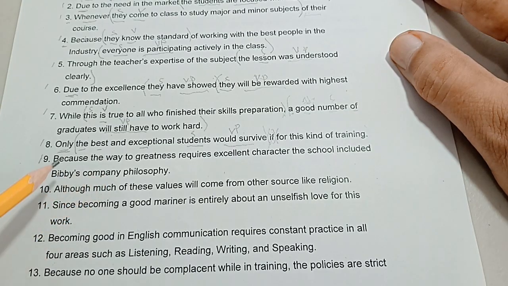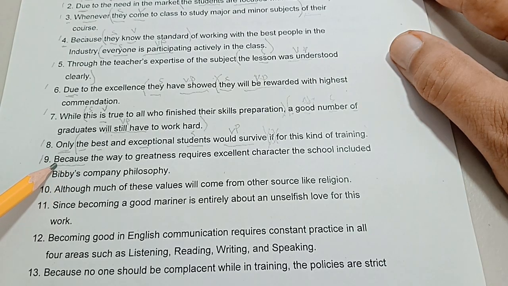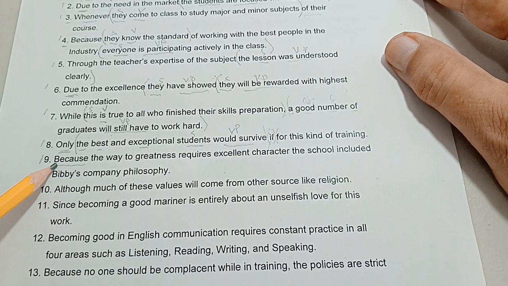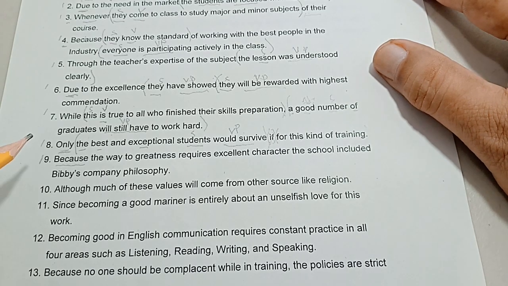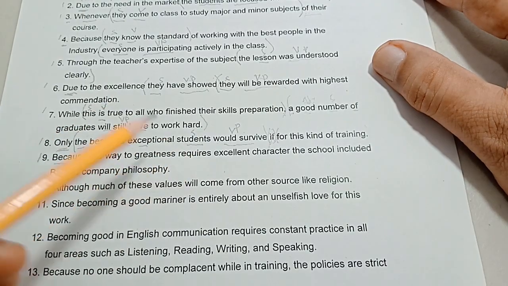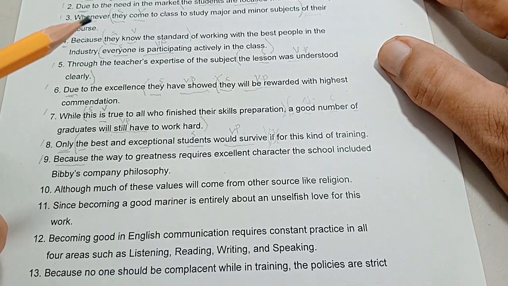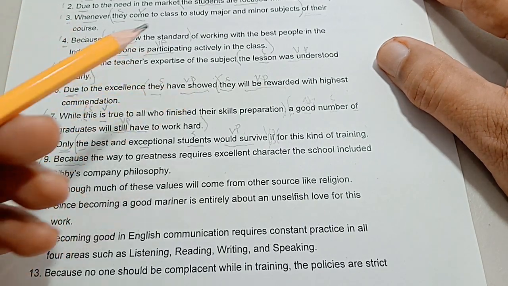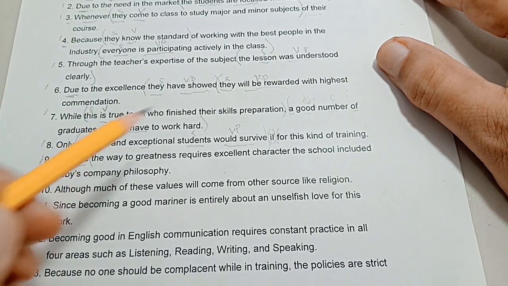Oh, what kind of opener we have here? Very good. The because opener is an adverbial opener. Okay? And where do you think is the simple sentence? Okay? Right. You have here, the way to greatness requires excellent character. Okay? You have here, the way to greatness requires